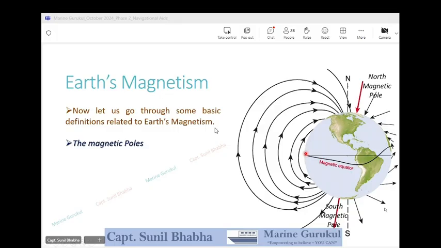Now, as you move towards the north magnetic pole, again the angle starts to increase. Now the lines are going into the Earth's surface, but the angle starts to increase, maybe 10 degrees here, 20, 30, 40, 50, 60. And when you reach the north magnetic pole, the angle of cut between the magnetic field lines and the surface again becomes 90 degrees. You can see at the north magnetic pole, the lines are again perpendicular, making a 90-degree angle to the surface